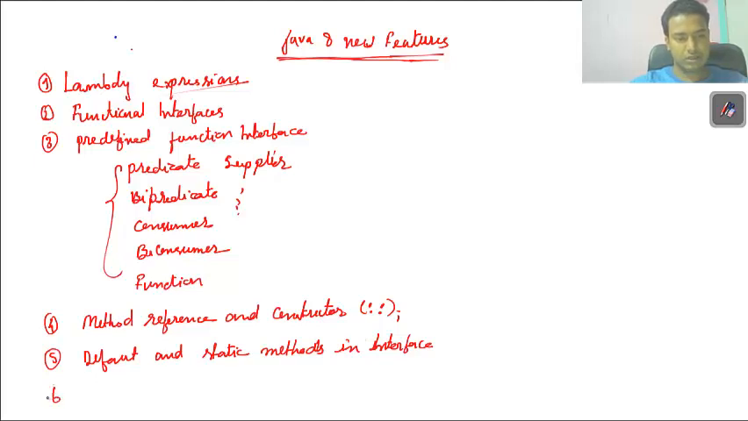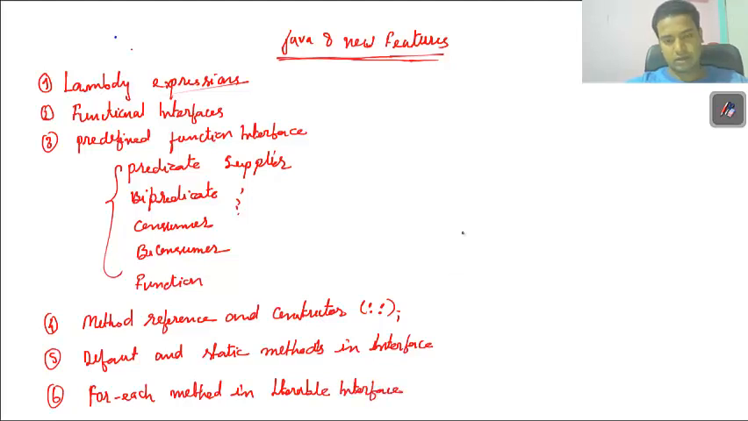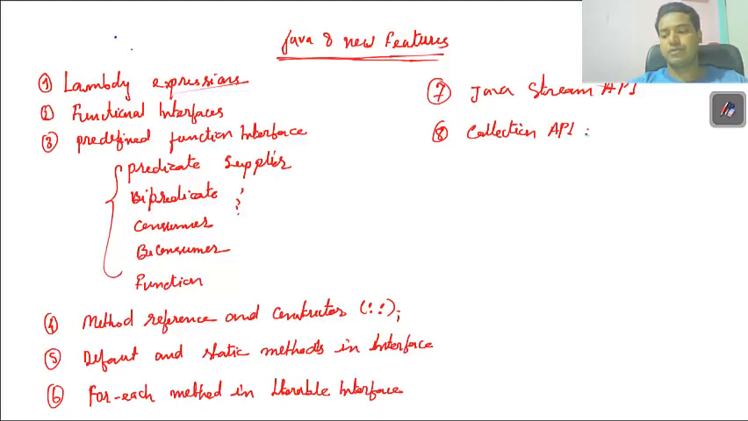Then next we are going to see the forEach method in the Iterable interface. And then number 7, we're going to see Java Stream API, and then we'll see concurrency or Collection API improvements. Next we'll see Java IO improvements,